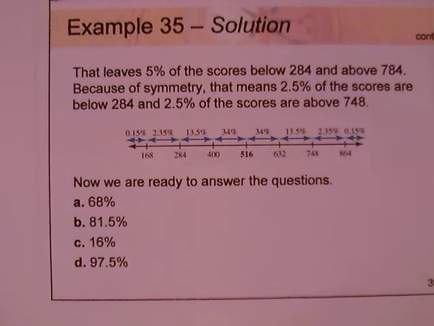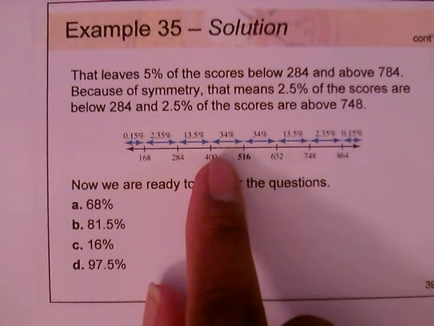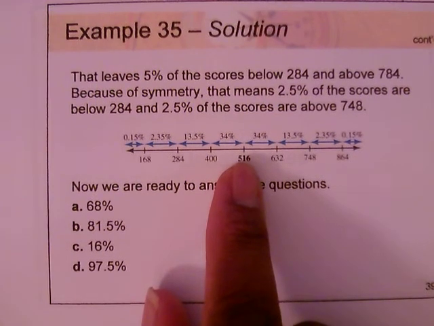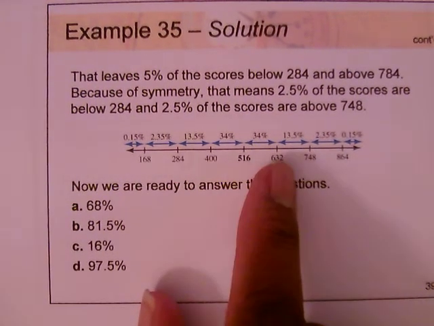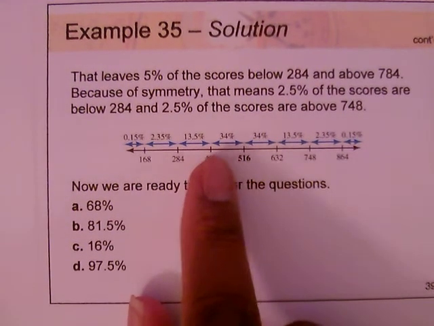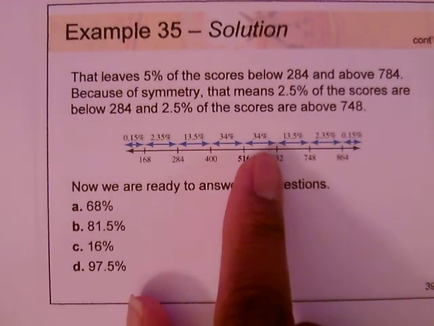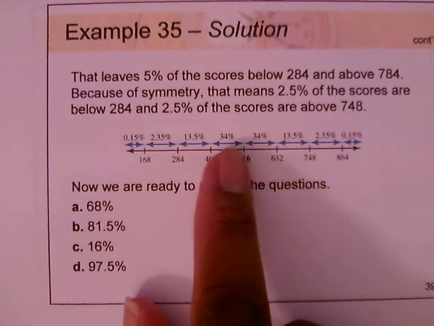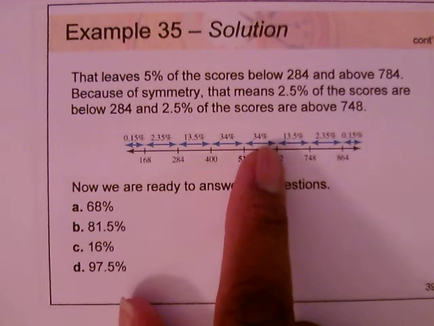Now notice, your mean is 516. Within one standard deviation of the mean, that's 68%. But they're equally marked off. So if you divide 68 by 2, you'll get 34%. 34% here, and 34% here. And then next,